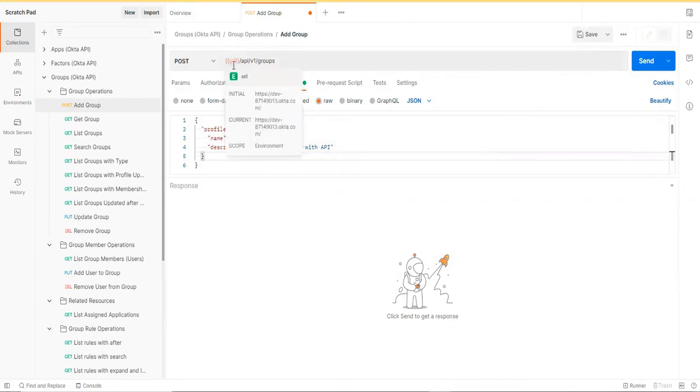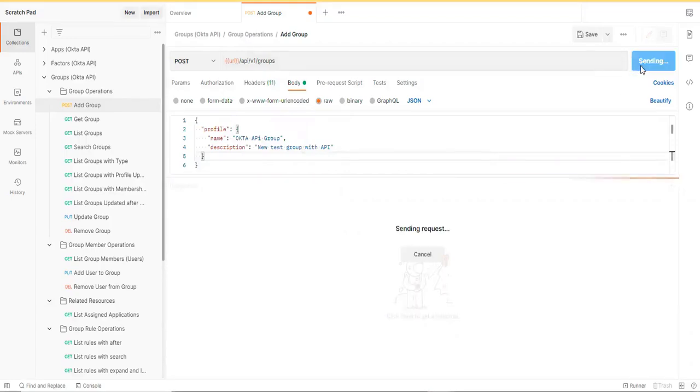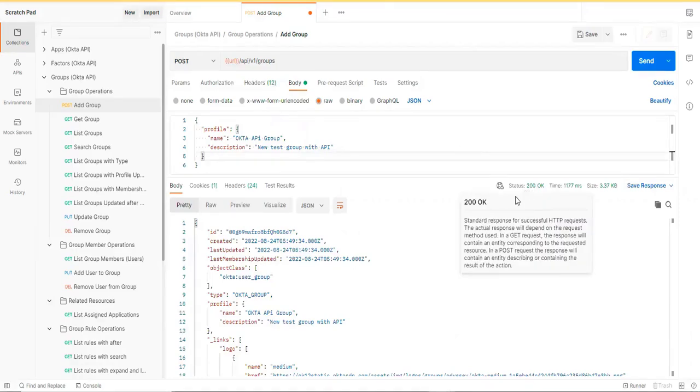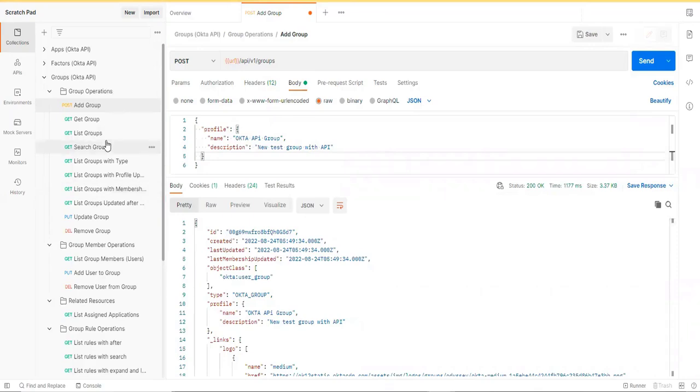Only the URL is there, but the URL is already assigned. If you hover over it, you can see it is assigned, so no changes on this. Click Send. That's it. The group has been created and the status says it's okay. From this you can create groups like this.